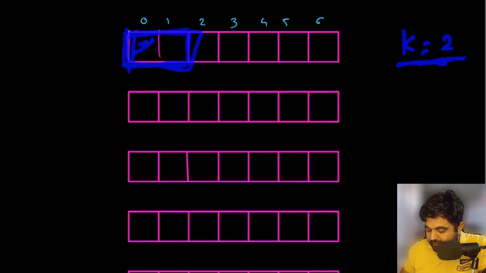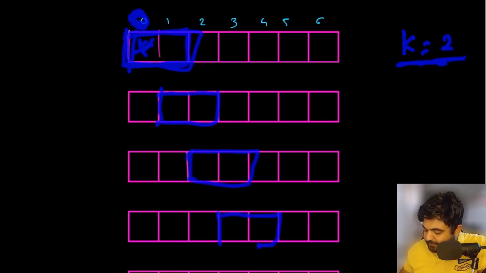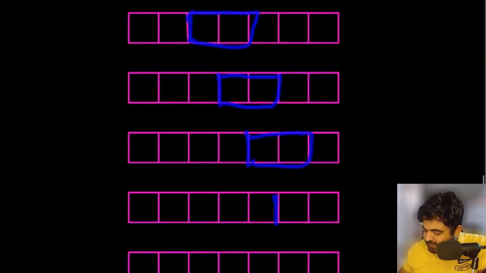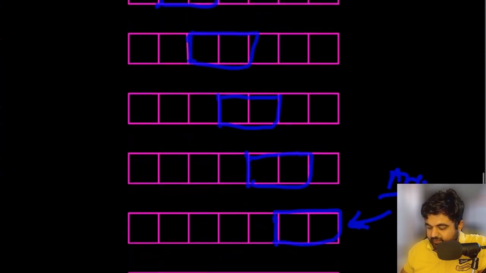So in this case, since we already took care of this window, now we are going to move on to the next window where we are not considering this element number 0. So for the next window, we are going to go for these two values. For the subsequent window, we are going to go with these two values, and we keep on repeating this process until we reach the end of our computational input. And this is how we would be asked to calculate some value inside our input and then come up with the answer. This is one way sliding window can be used.